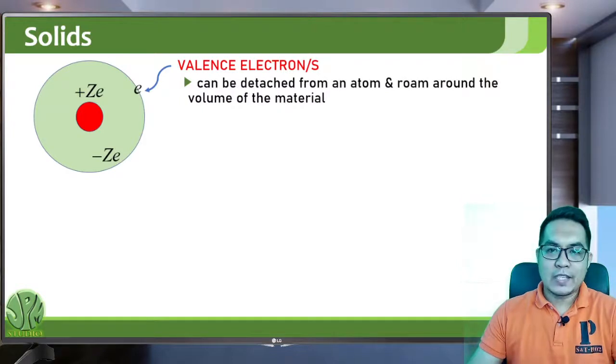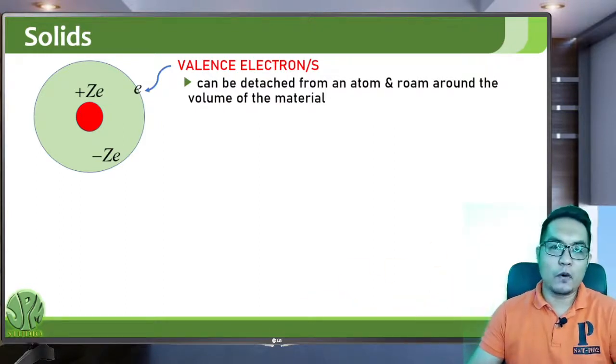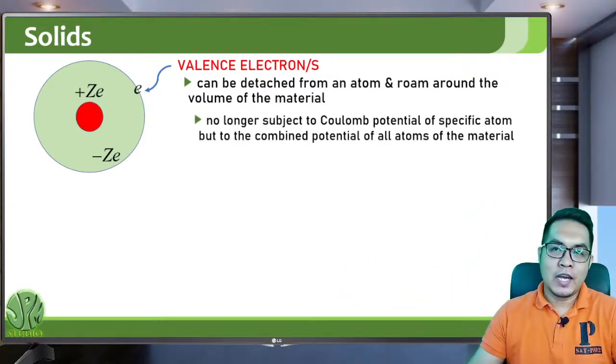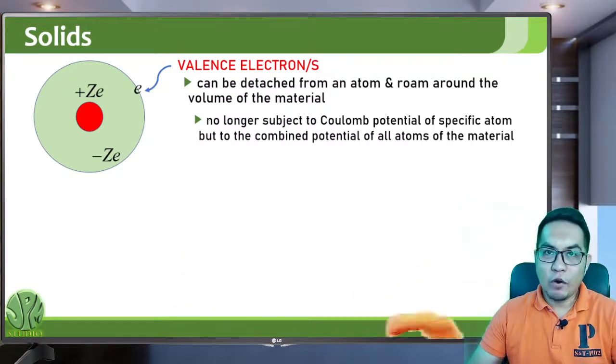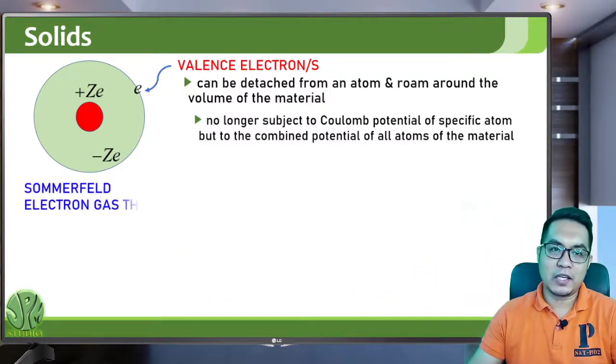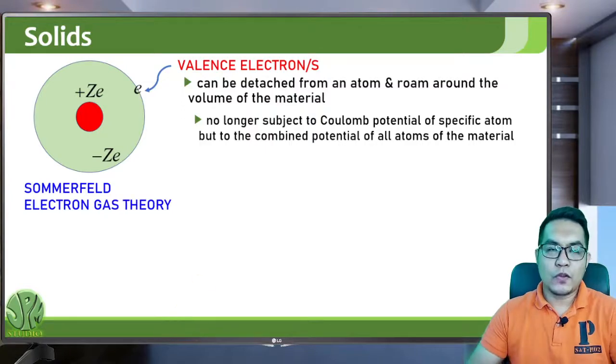These valence electrons can actually be detached from an atom, and they can roam around the volume of the material. This means that they are no longer subject to the Coulomb potential energy of a specific atom, but now to the combined potential of all the atoms of the material. So there are two quantum theories for solids. The first one is the Sommerfeld free electron gas theory,